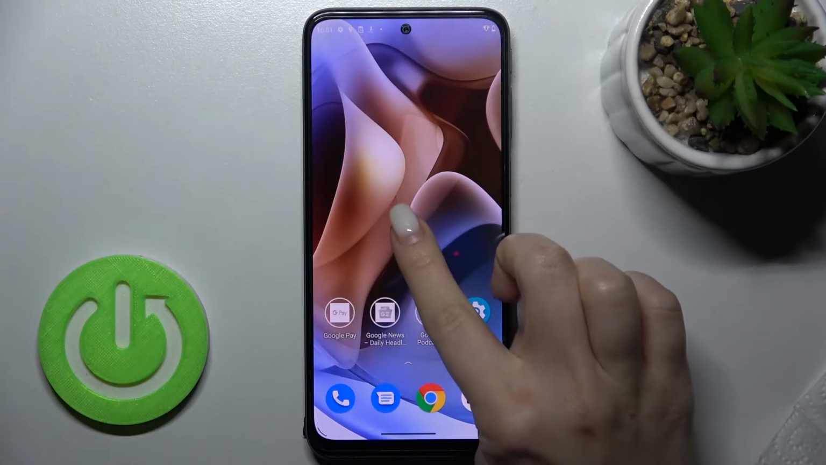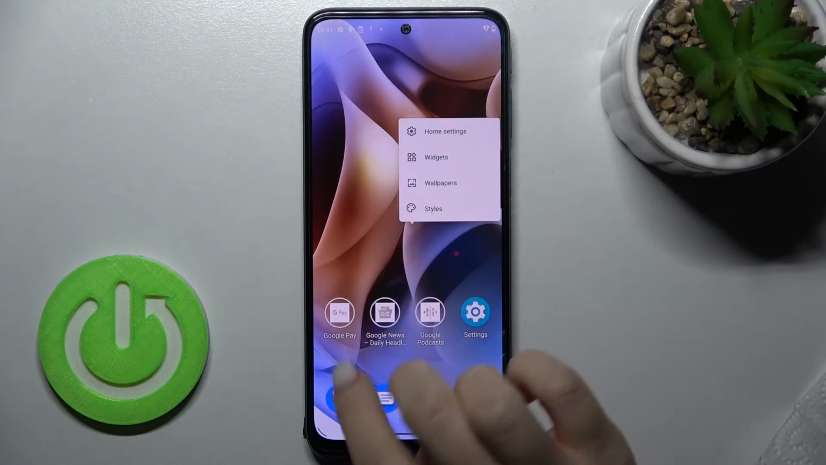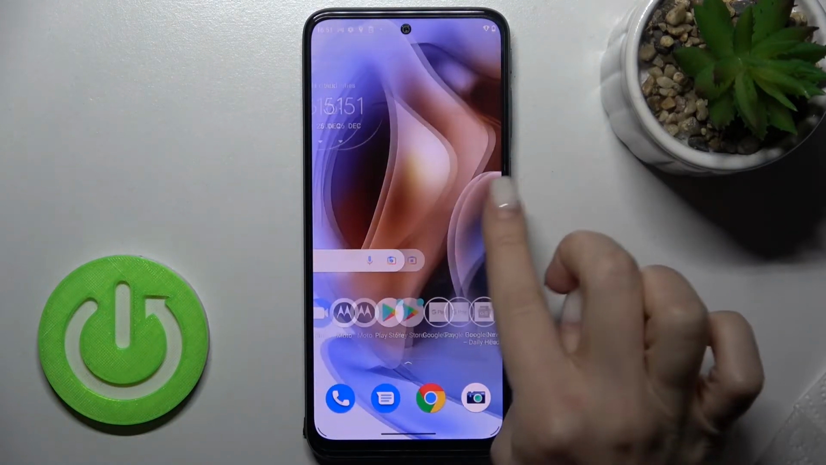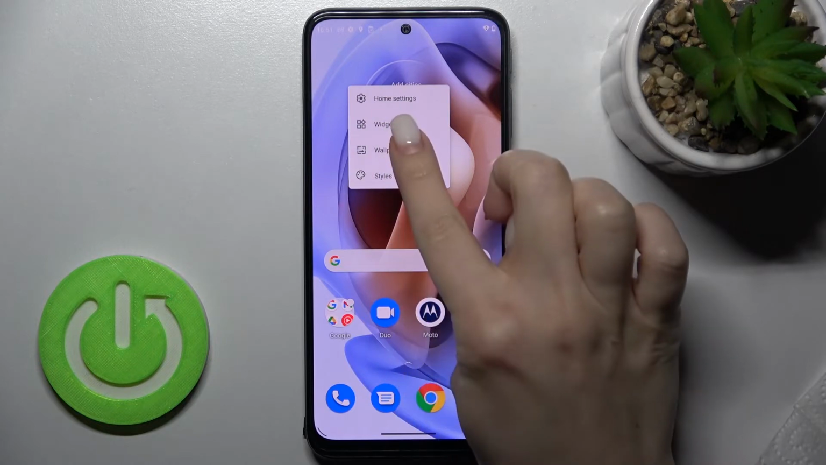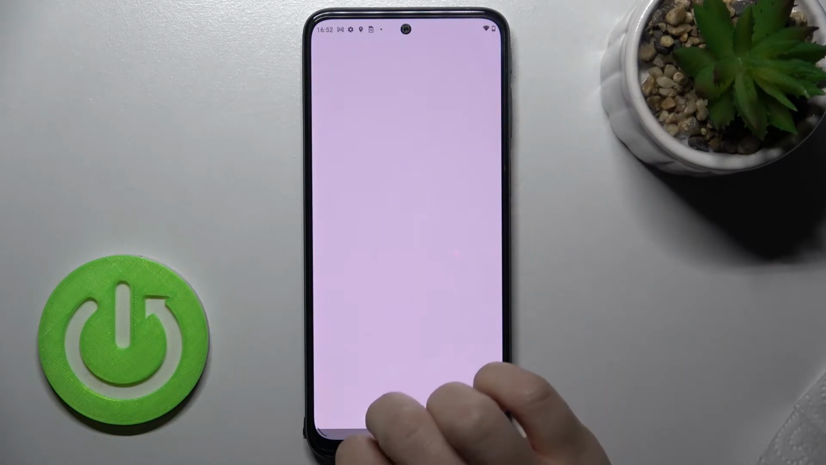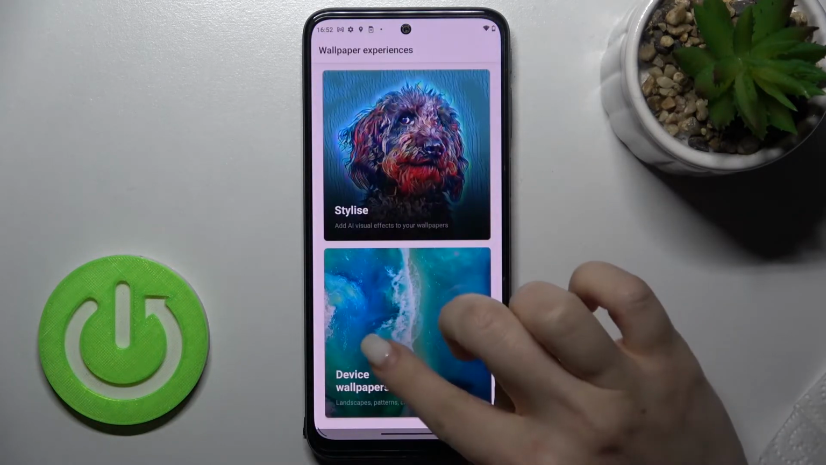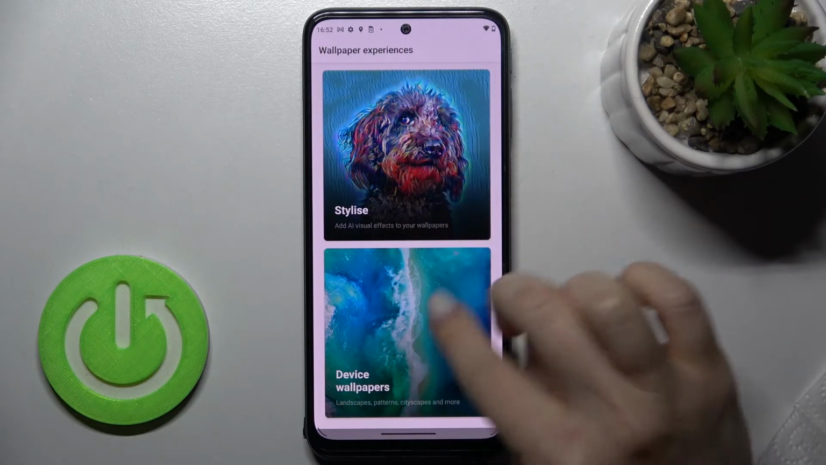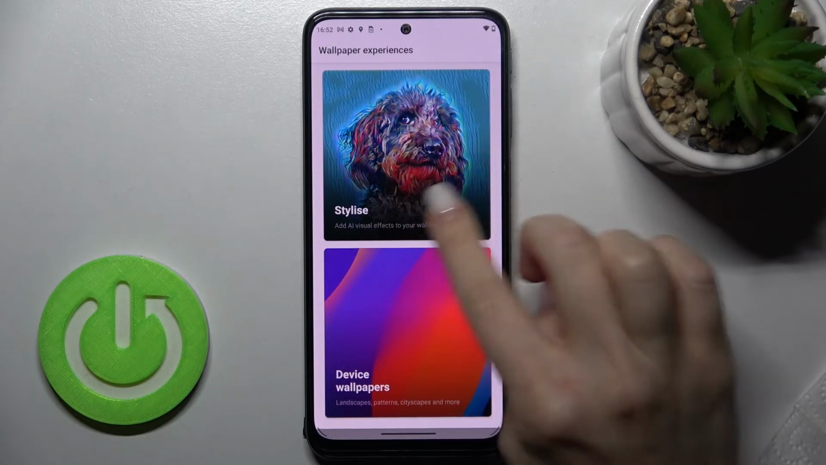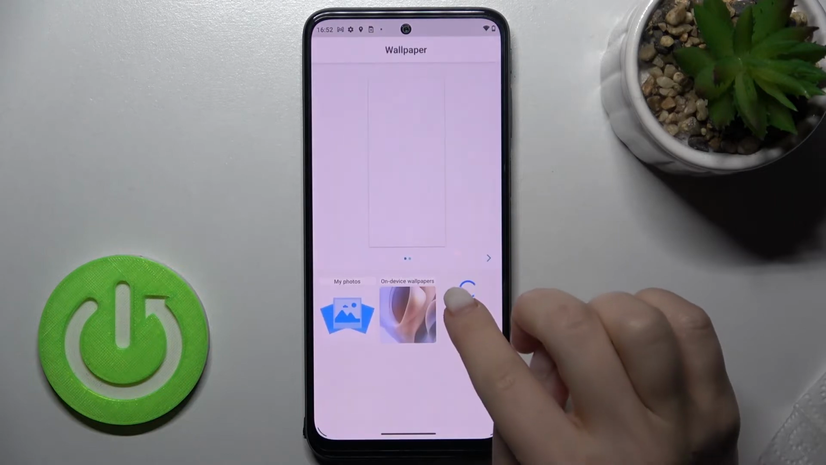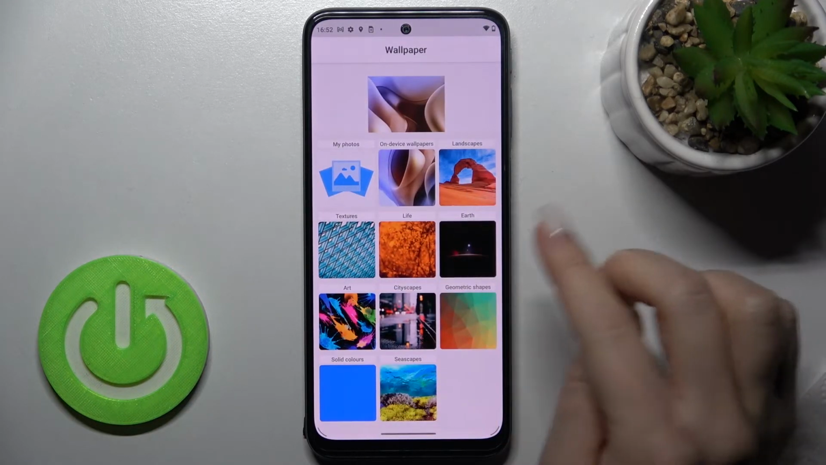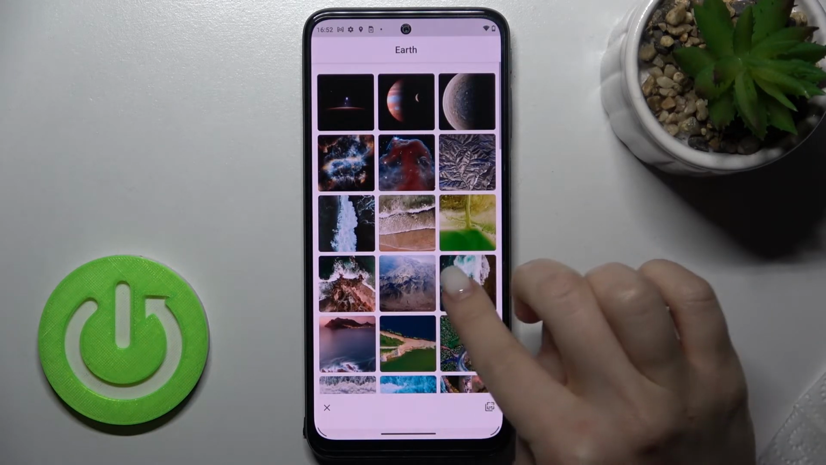Also, we've got a second way. Just hold your main screen or another one for a while, that doesn't matter. Just hold for a while and go here to the wallpaper section, and in the same way you can select your device wallpapers and the styles one, and in the same way you'll go, for example, to the ears